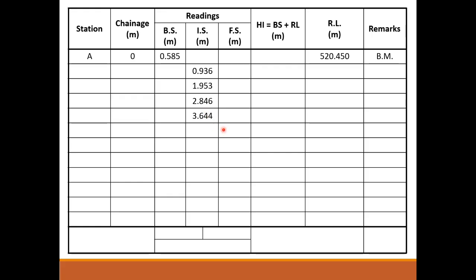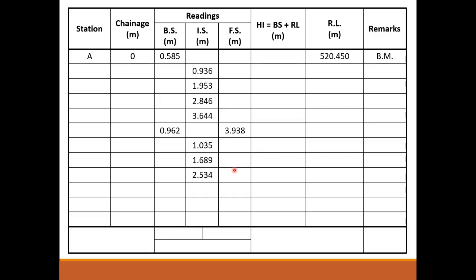means sixth reading must be entered in the foresight column, because after foresight reading, the position of the equipment is being changed and the next reading taken will be entered automatically in the backside reading column. So this was the sixth reading, which was 3.938. Now the seventh reading, 0.962, is written in backside column. Similarly, other three readings are entered in intermediate side column.